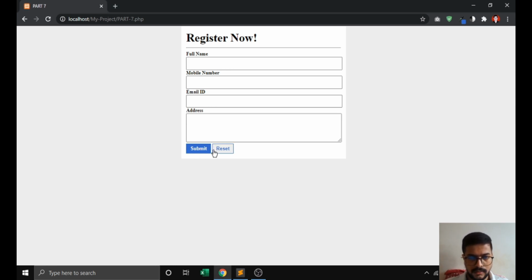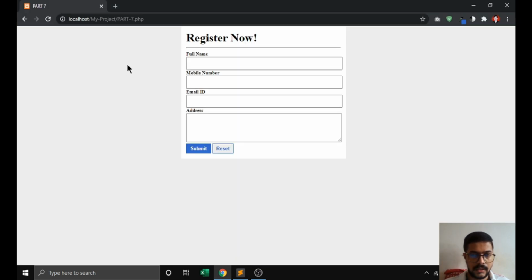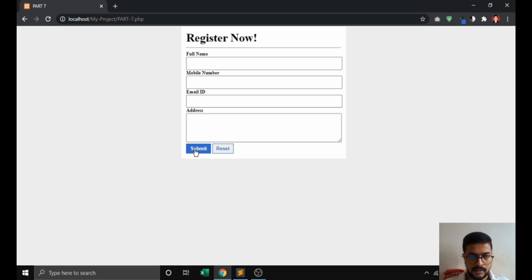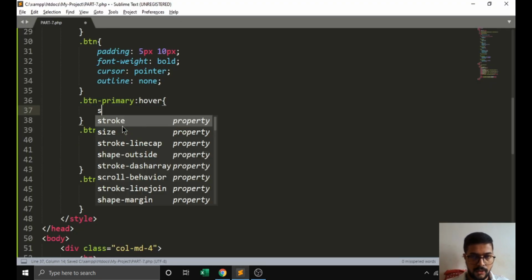The outline is gone. We want some facilities, like we want hover event. In this case we can create events also. If my button gets hovered with a mouse, then I want to highlight that button, so we can create some shadow effect.